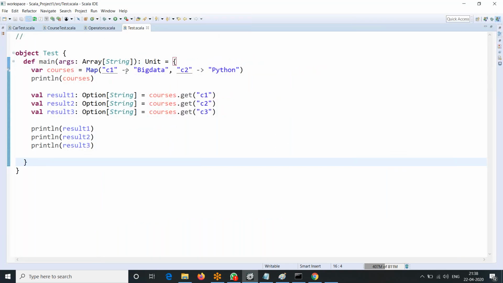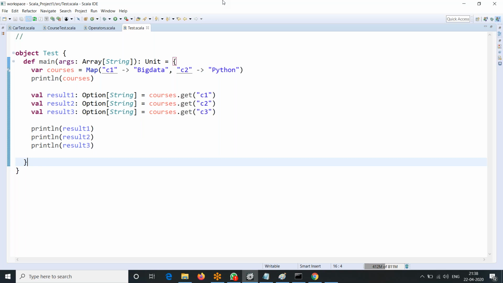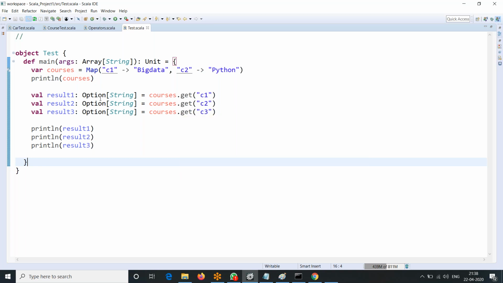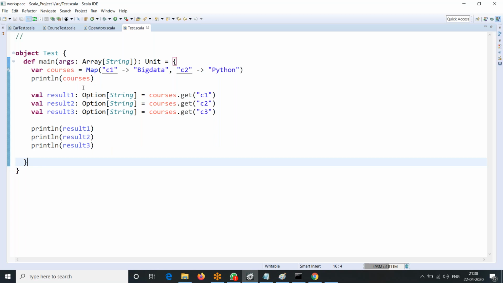What is it? Suppose when you look at this, this is a map with a couple of key value pairs here. Can you see that? We have some key and value pairs, and you know, right from that, if we call get function, get returns what? It returns an option, and by default option returns Some class if value exists or if data exists, otherwise it returns None if no value exists. So that's how the option works. We had a detailed discussion in yesterday's session. We are very clear with that, right?